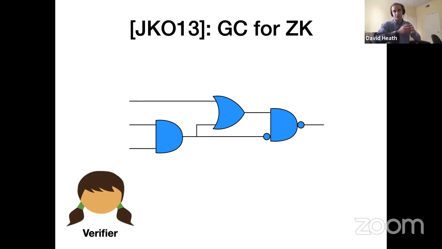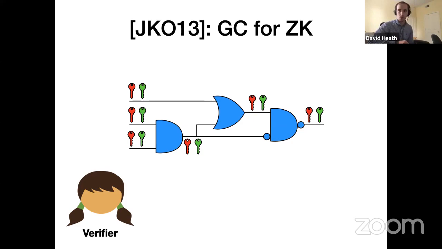When you use garbled circuits to do zero knowledge, you let the verifier, Alice, be the so-called circuit generator. If we recall how garbled circuits work, the idea is that Alice will choose random labels for all of the wires in her circuit. She chooses cryptographic keys for all of the wires that correspond to semantic values that can appear in the circuit. Here I have depicted red keys as corresponding to a logical 0 and green keys corresponding to a logical 1. And later, when Bob, the prover, gets